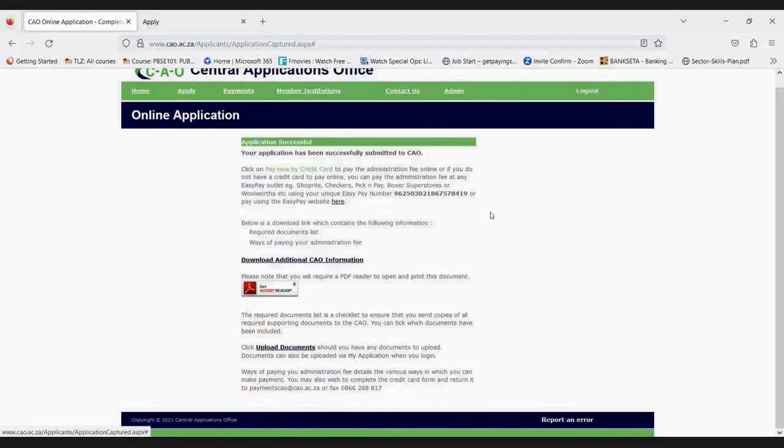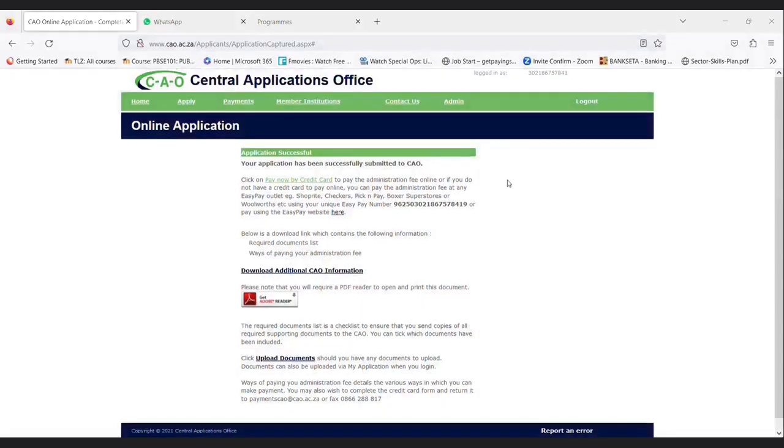And the fee which you'll need to pay will be supplied to you online on the CAO website. And also when CAO is making these communication emails with you, they will be supplying you with those details,